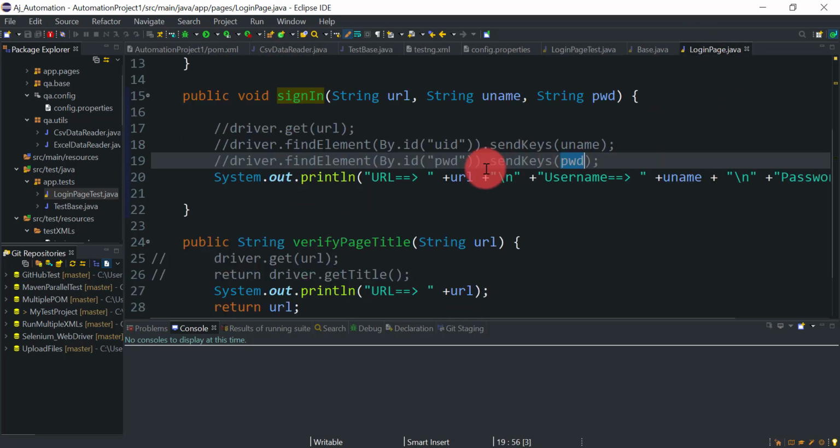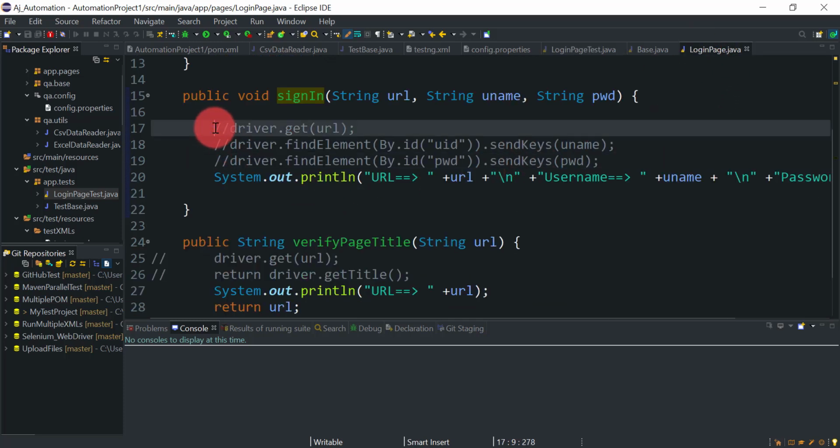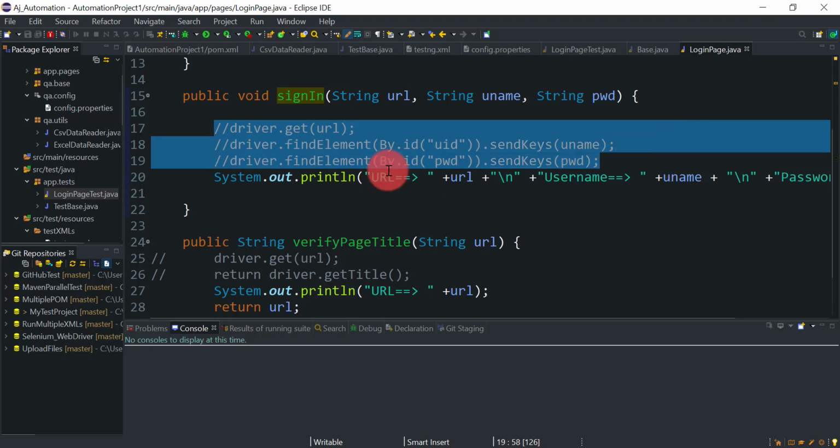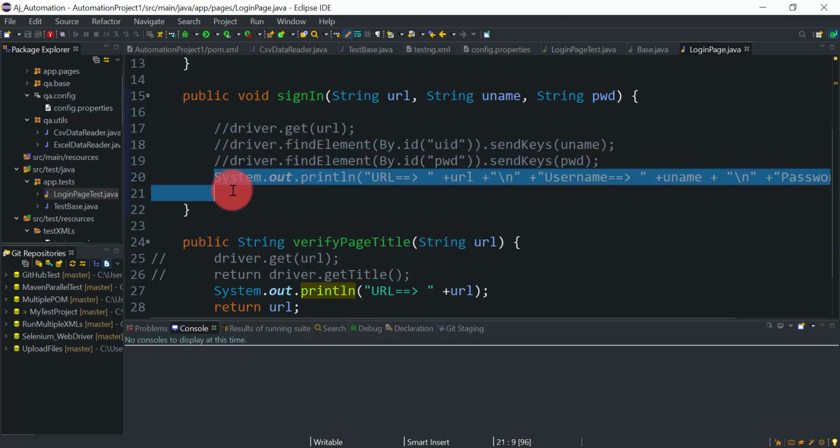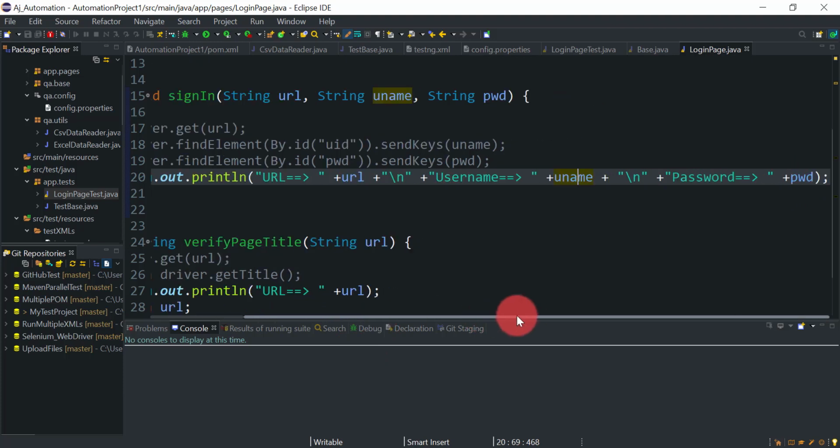Here also we are not going to open any real-time application. We are just going to print in the console the URL we got, the username we got, and this is the password value. This statement will be printed in the console.